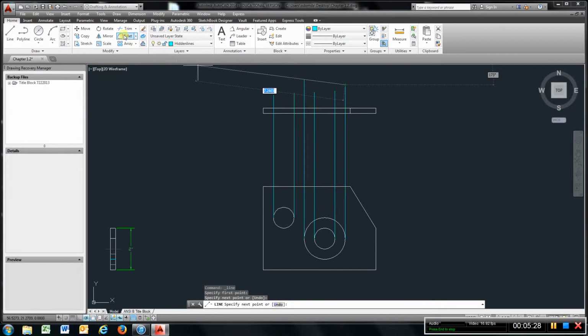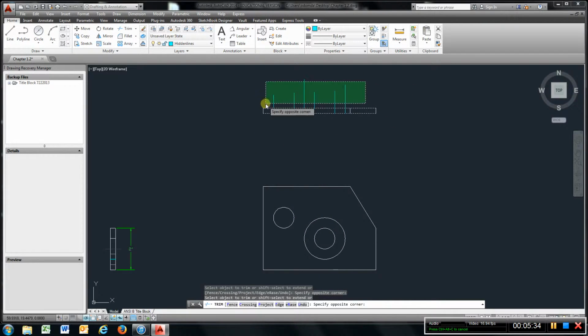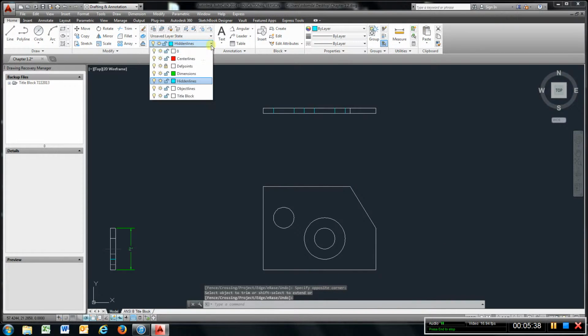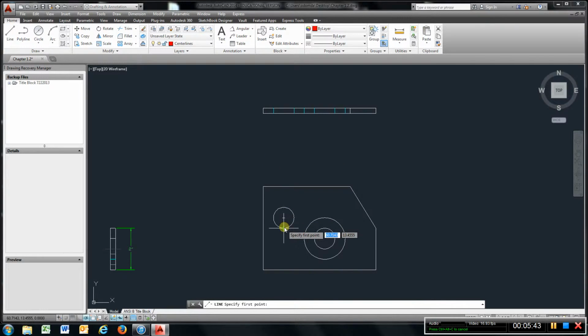Now, go to trim, left click, then right click, then left click. Get rid of all of those. Go to center, go to line, go to the outside of that circle, find it, bring it up,